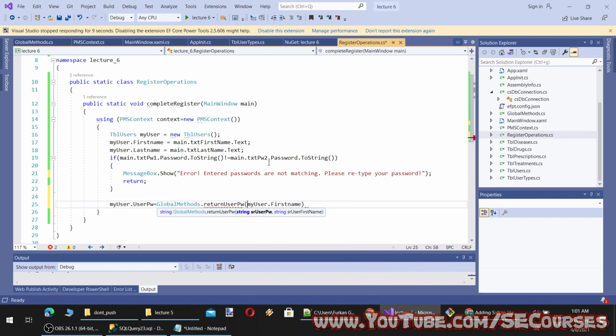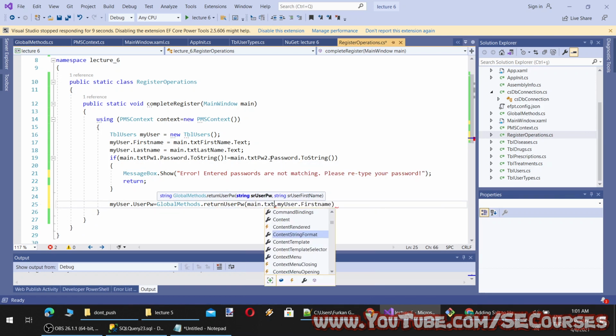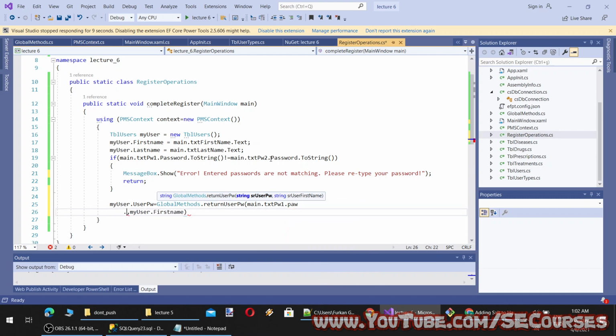Okay, here. Main.txtPV1.Text, or not, password to string.